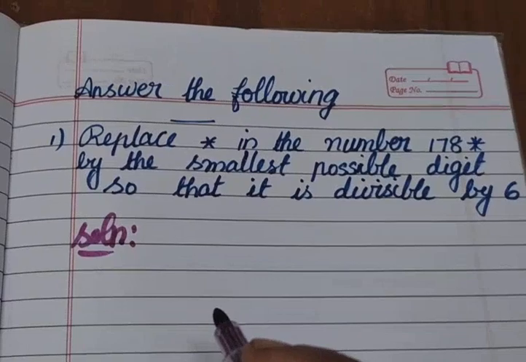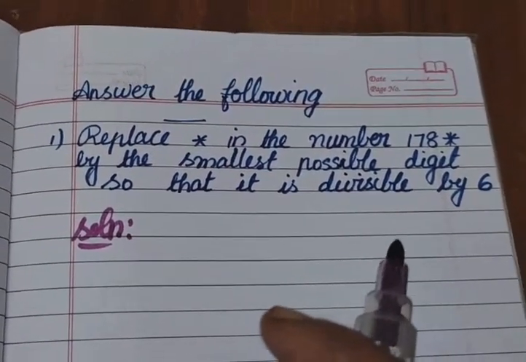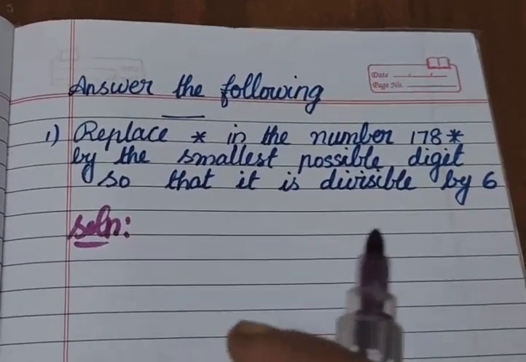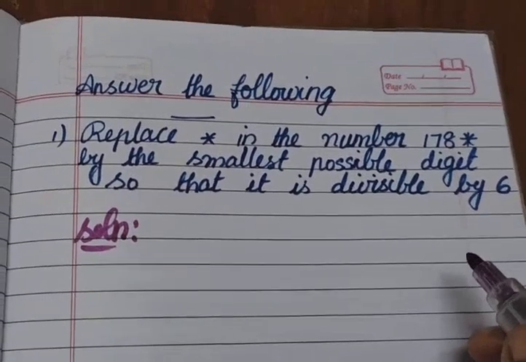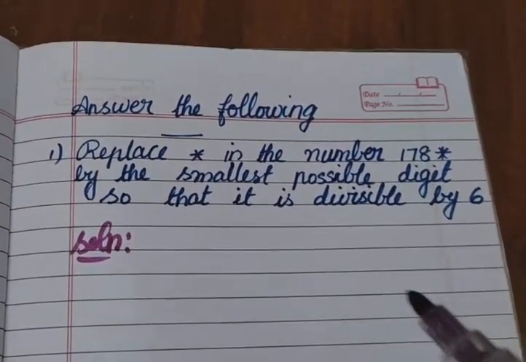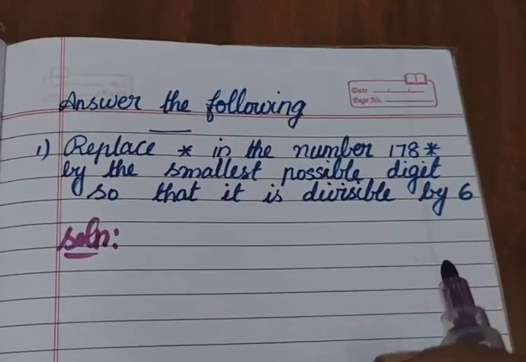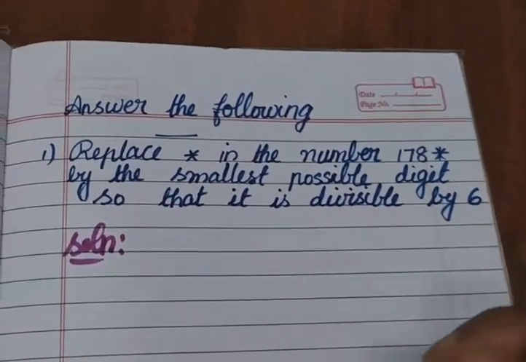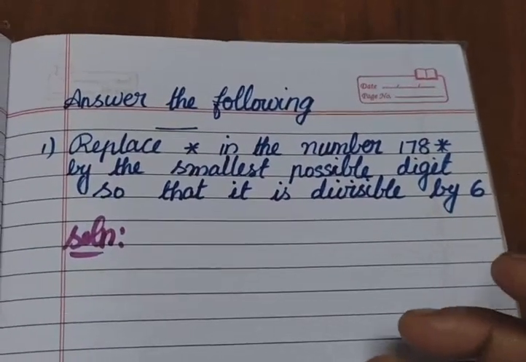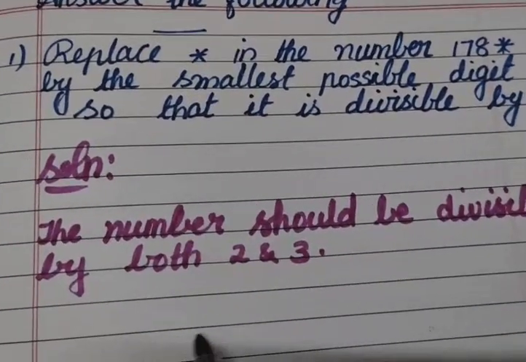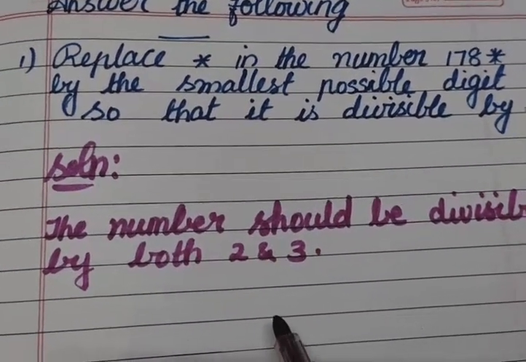So here what's the divisibility rule of 2? Yes, the ones digit may be 0, 2, 4, 6 or 8, isn't it? What is the divisibility rule of 3? Yes, the sum of the digits is also divisible by 3, isn't it? These two conditions satisfied means we can say this number is divisible by 6. So children, what is the divisibility rule of 6? The number should be divisible by both 2 and 3, isn't it?